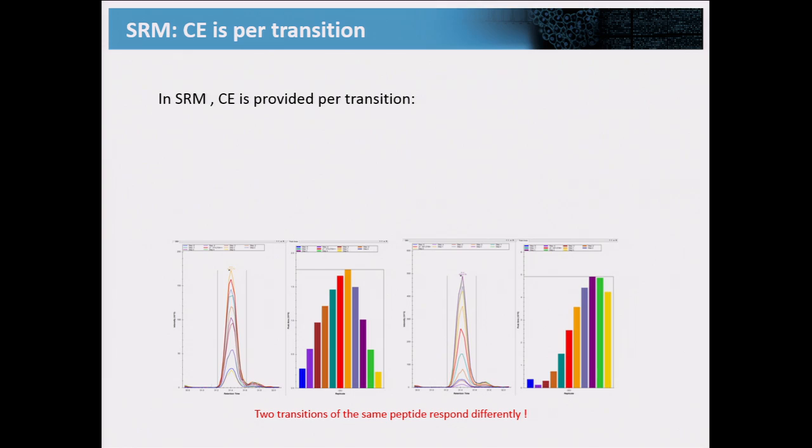In practice, I would like to stress that collision energies are per transition. If you remember, each line is a Q1, Q3 pair with its own collision energy. That means we could be optimizing one transition and really downgrading another one. Here is an example with two transitions. Now we're looking at a transition view of the same peptide. You can see that for this transition, we should have worked at the maximum